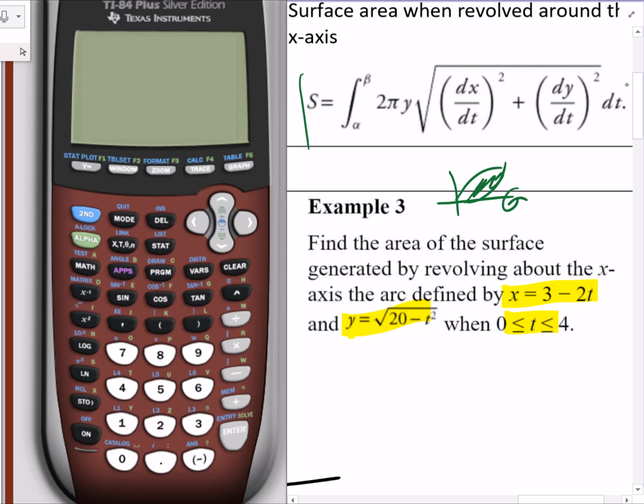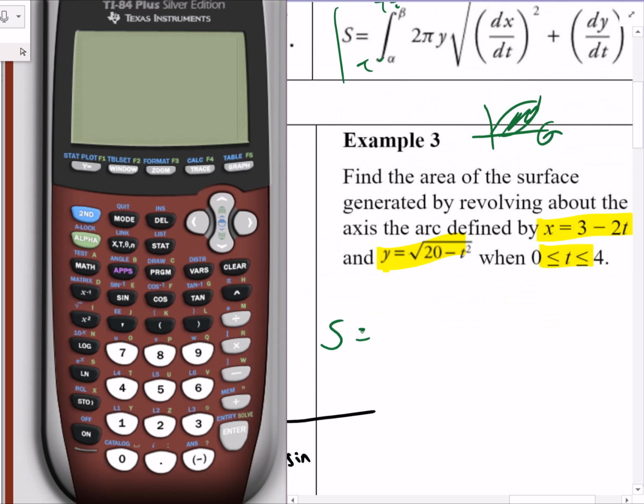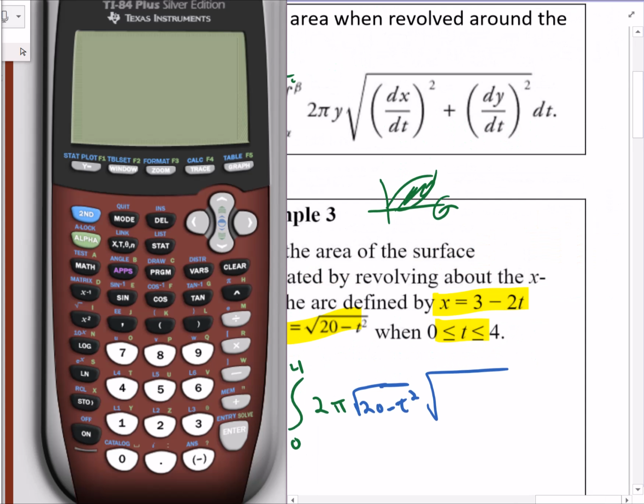You can see the formulas up here. Again, these are like t values, right? So it's just going to be s equals the integral. They gave us the intervals, which is 0 to 4, of 2 pi times y, where y is the function that is here, which is the square root of 20 minus t squared. That's what y is, and we're going to multiply that by the square root of the derivative of the x piece plus the derivative of the y piece